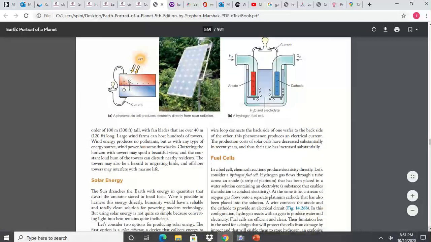And again, solar can happen in a couple of ways. You can have what's called solar voltaic, where you put solar cells that face the sun, and the cells turn that solar energy into electricity. For a long time, they were sort of a toy because it took a lot of surface area to generate a small amount of electricity. But now the technology is getting better and better, and these solar cells are getting cheaper and cheaper and smaller and smaller. And so now you can generate quite a bit of energy from a small bank of solar panels.